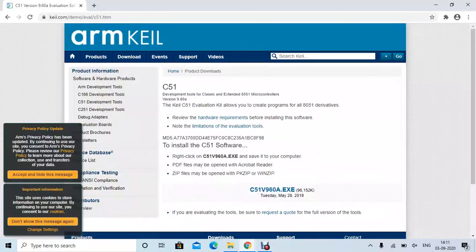Now usually we have to fill in personal details like name, email ID, company name, job title, phone number and all. After filling the details, we'll get this page where we can download the application file, that is the .exe file. So I'll be clicking on this .exe file.